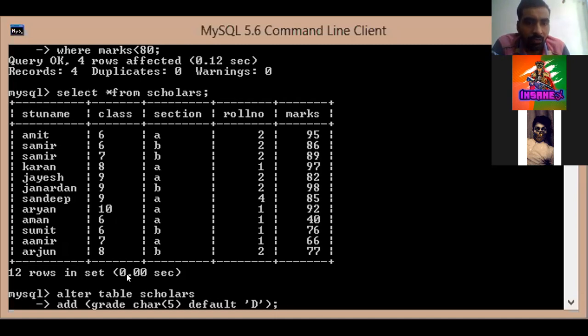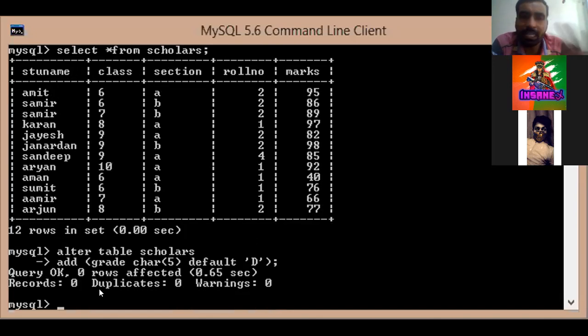Kindly see, we have written alter table, then space table name, that is scholars, then space add command. After that, in the parenthesis, the field name with data type, size, and the constraint. So this much things we have given. Now we put the semicolon and press the enter key.